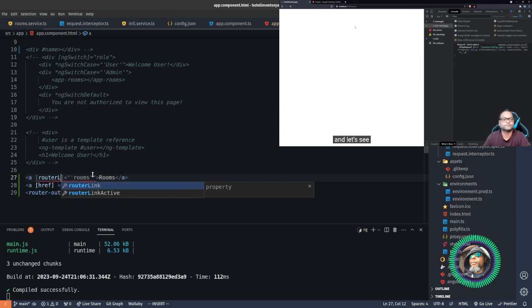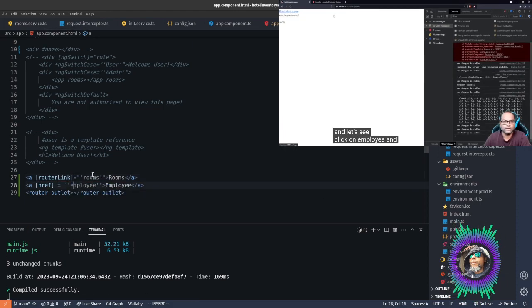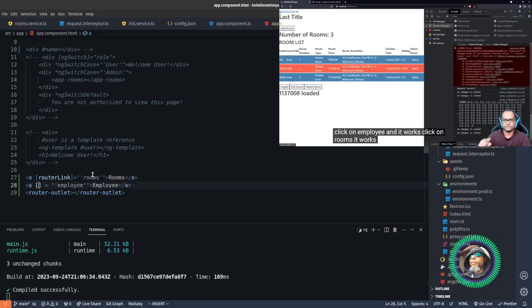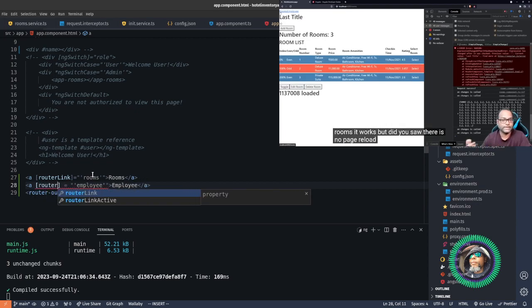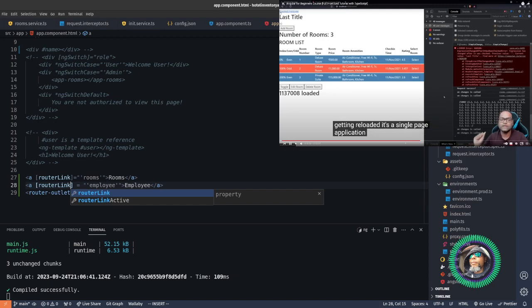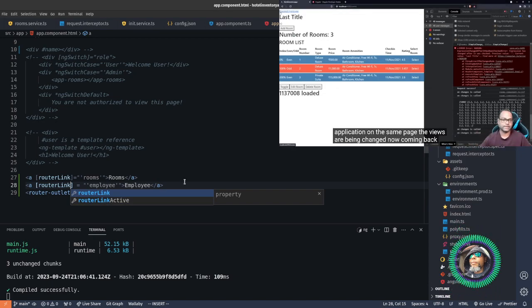and let's see. Click on employee and it works. Click on rooms, it works. But did you see there is no page reload? So it means the page is not getting reloaded. It's a single page application. On the same page, the views are being changed. Now coming back to our